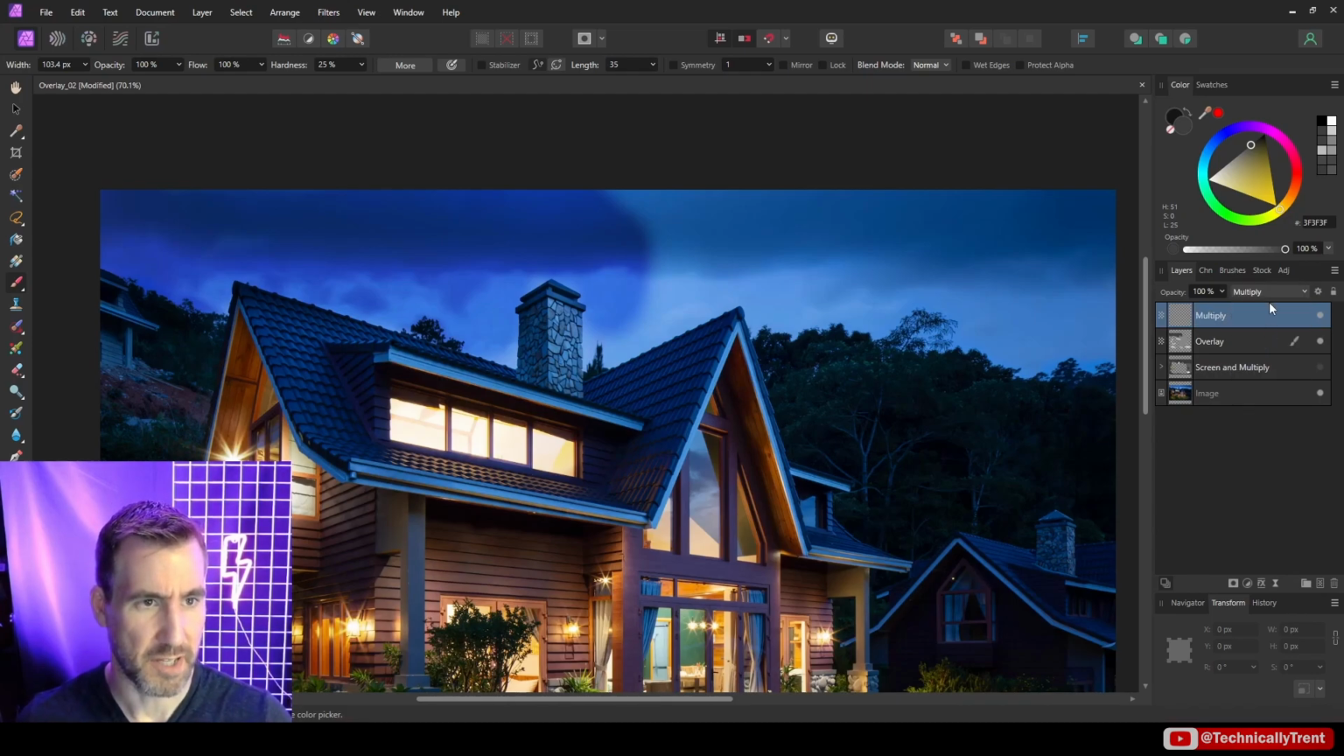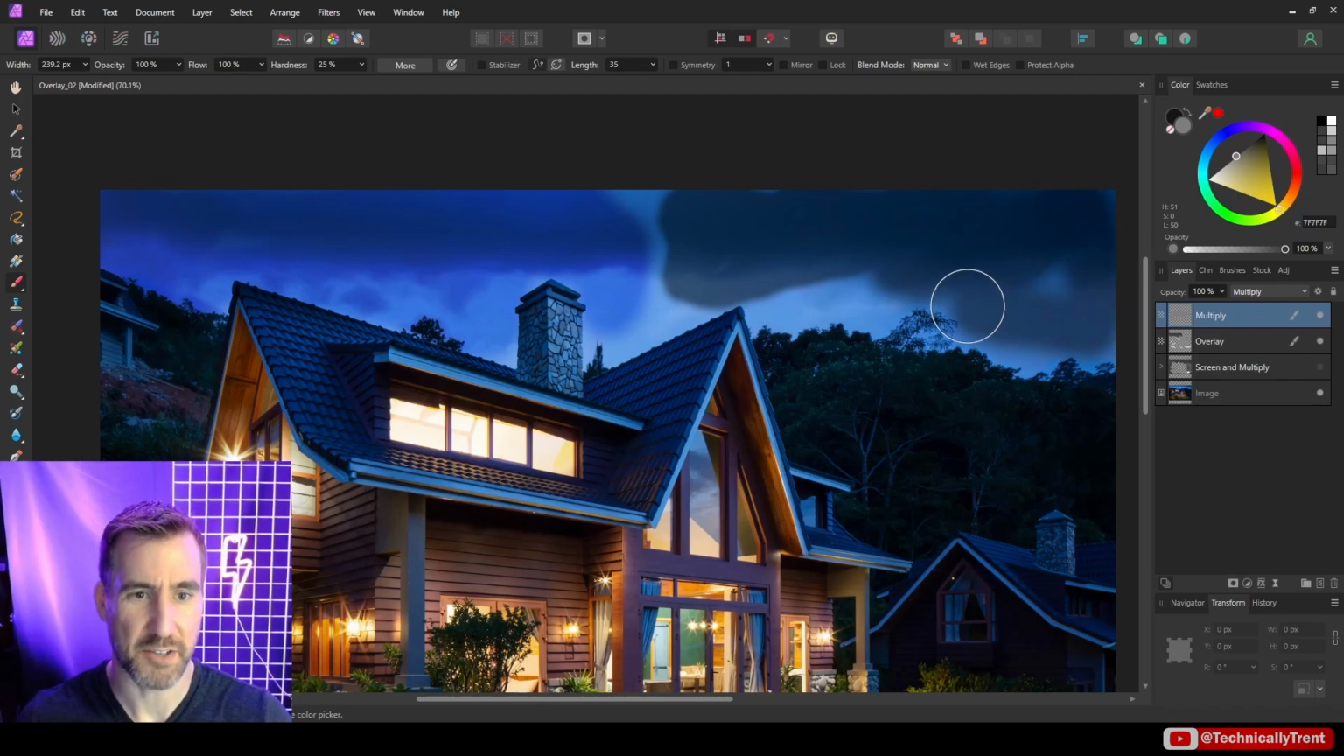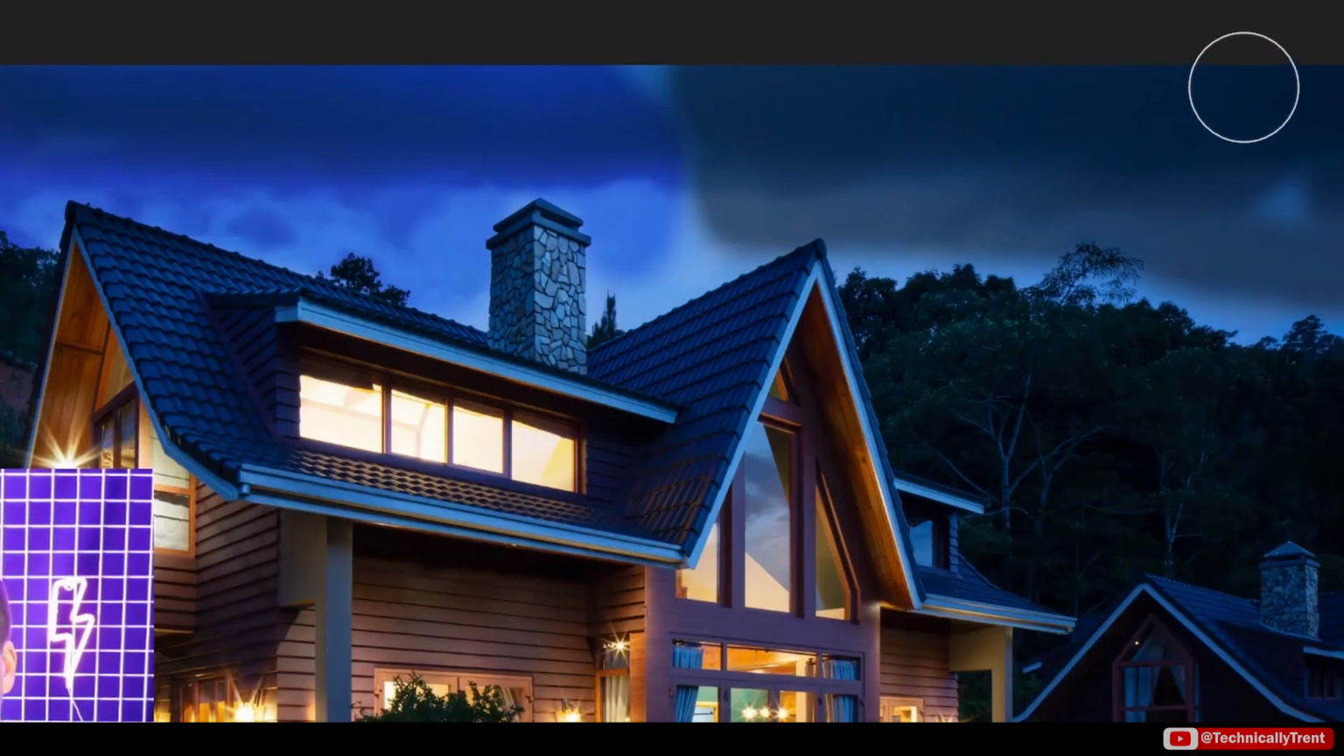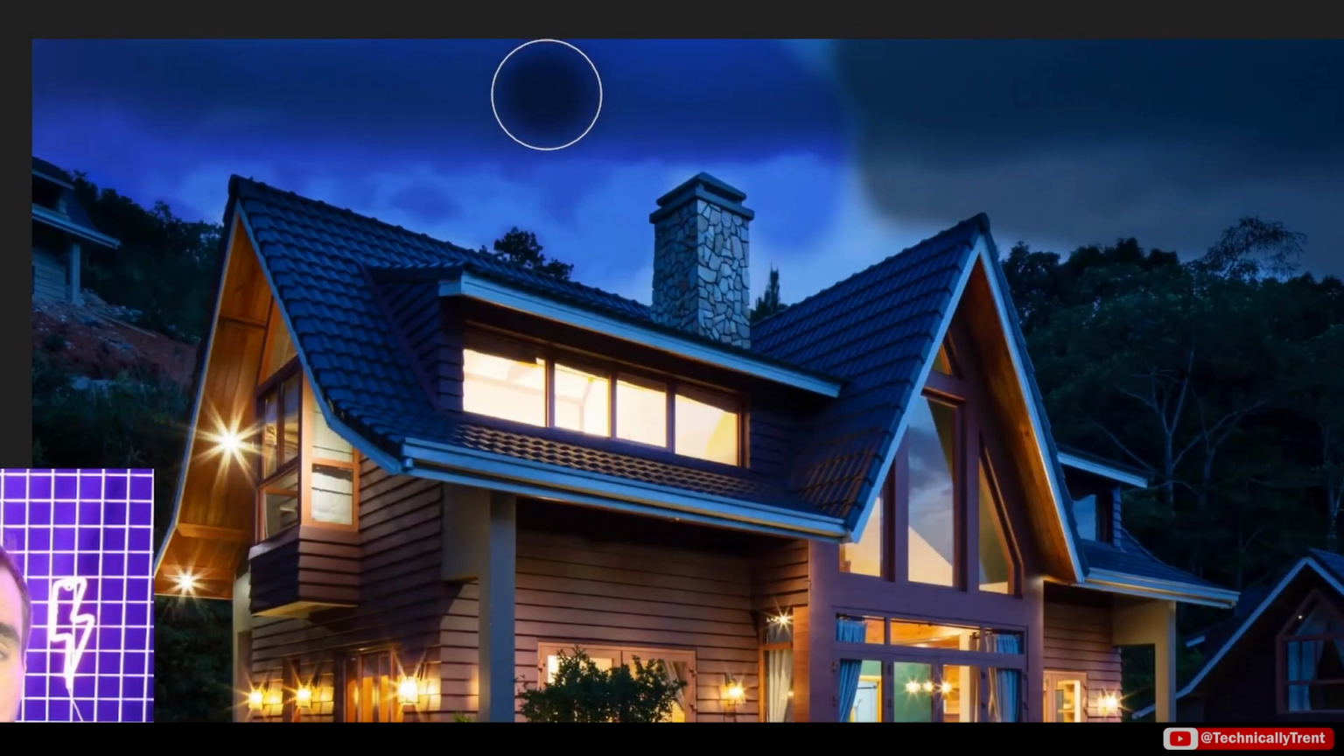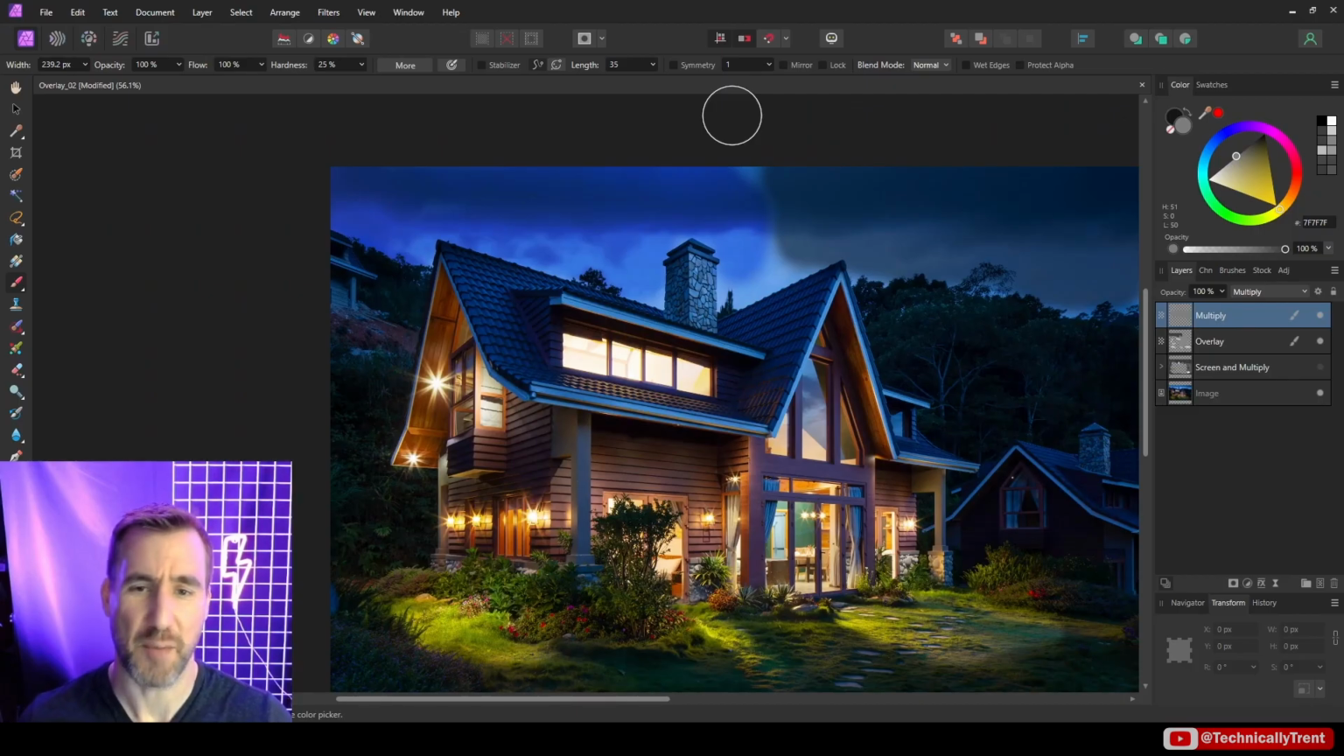I'll set it to multiply. Now I'm doing essentially the same value on my paintbrush, but you can see that multiply is giving a much duller effect. And this is the result of the bottom blend layer being used with the overlay, whereas the top blend layer is being used with multiply. So there is a different effect happening when you use overlay versus just using multiply and screen on two separate